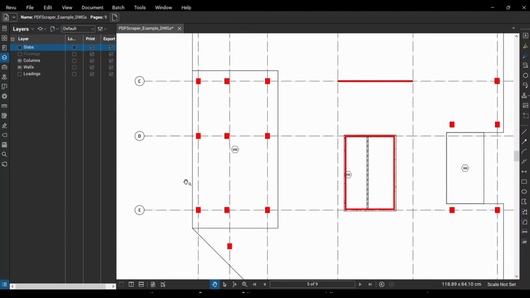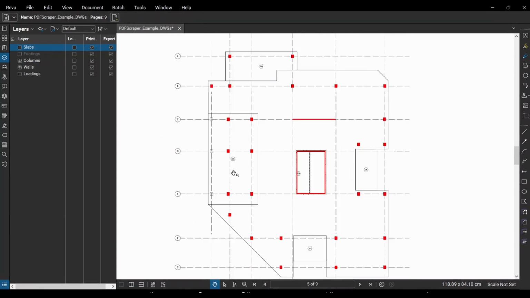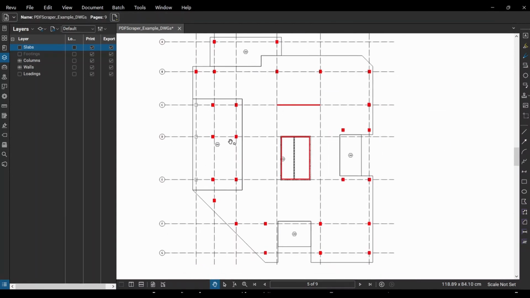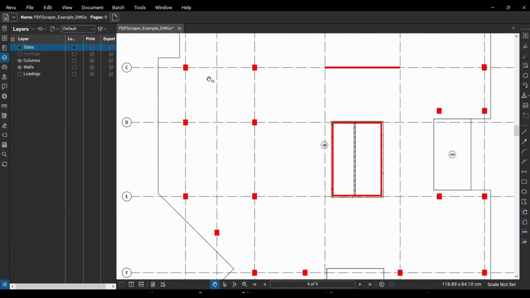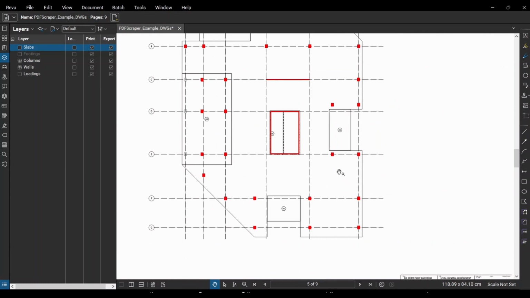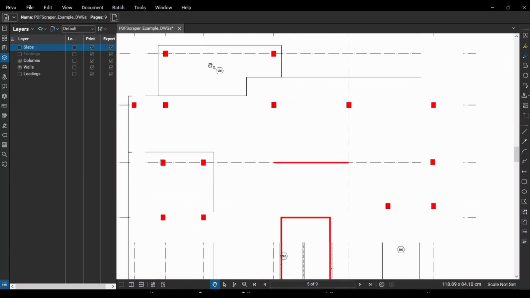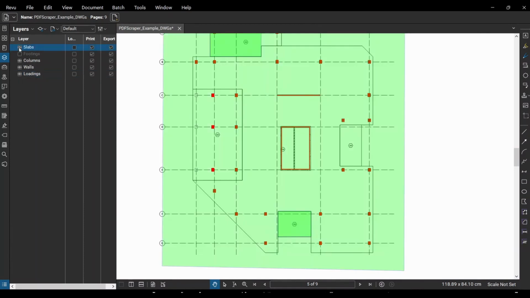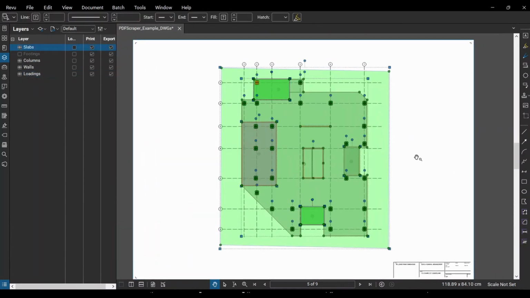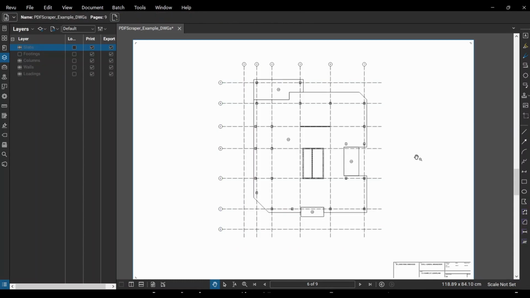And given that we're talking about columns over here, we can actually get rid of those columns there if we want to, because there is no column over at this point. The column is under, which we've already defined at the previous level, which you can see here. All right, so that looks like all we need to do for this level. So I'll just turn loadings and slabs back on, select all, and I'll go to the next level